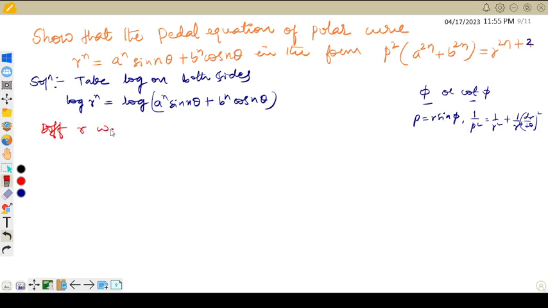Differentiate r with respect to theta. Before differentiation, just one thing: log r raised to n is n log r. You write this term as it is. So this is n into log r, which is 1 by r into dr by d theta, is equal to